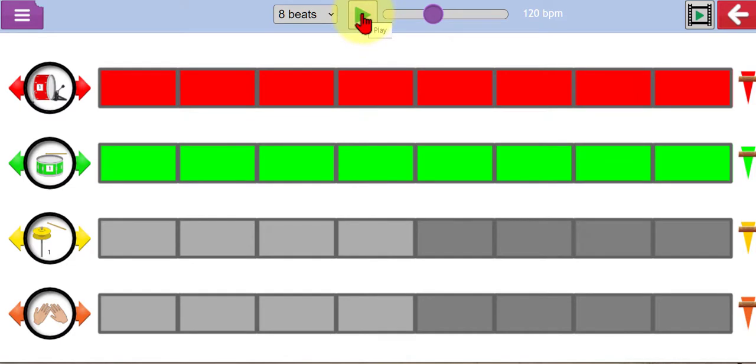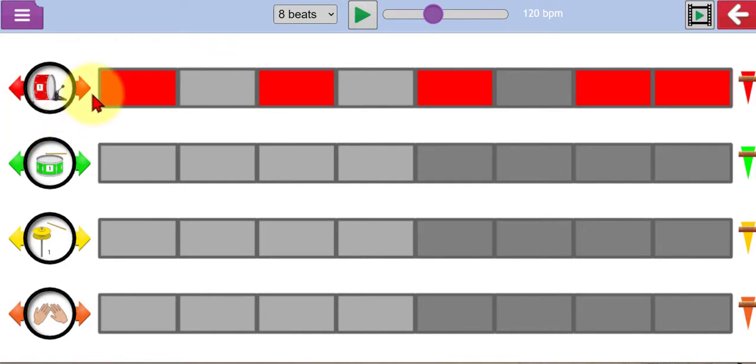So they end up creating something like this, which has certainly got some kind of rhythm to it, but it's not really the kind of thing that would get me dancing at the disco. So what I want to do is to give the children a structure to build on, and I could simply give them something like this, where I've got a nice drum sound here, and if I press play now,